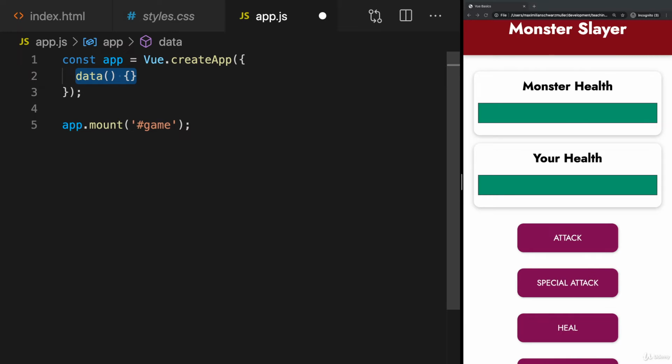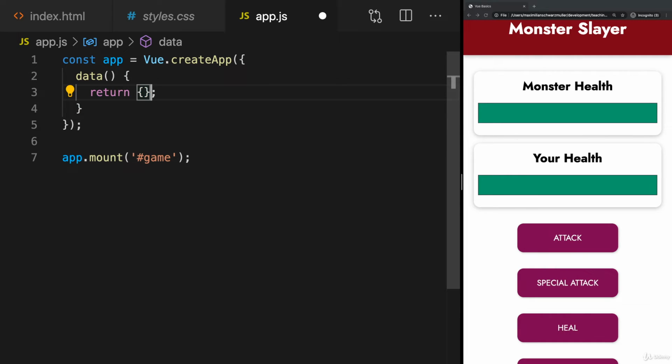For example, here in this game, which kind of data do we need to manage here to make anything really work? Well, how about the healths of the player and the monster? We need to manage that data, we need to manage that health data, because we're going to change it. And changes in the health, of course, should later be reflected back on the UI, so that these health bars are reduced. So therefore we need data. We need this data option in our Vue app configuration object. And as you learned in this data method, which it should be, we return the object that holds our actual